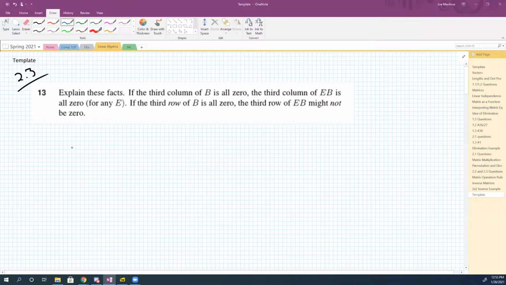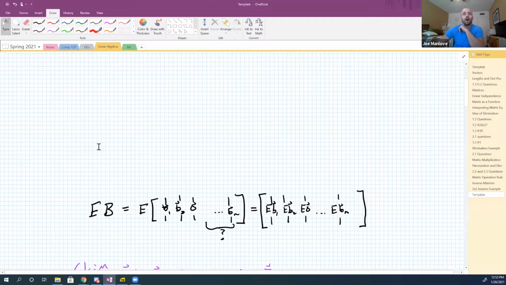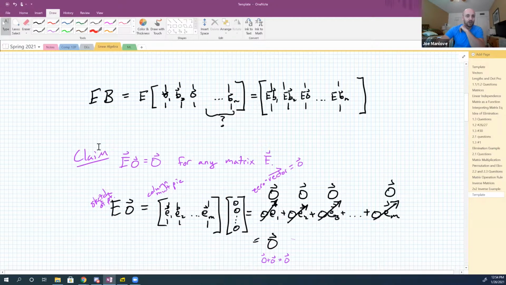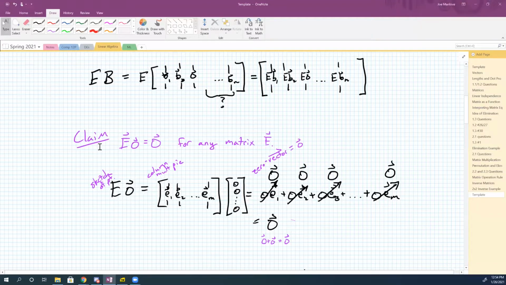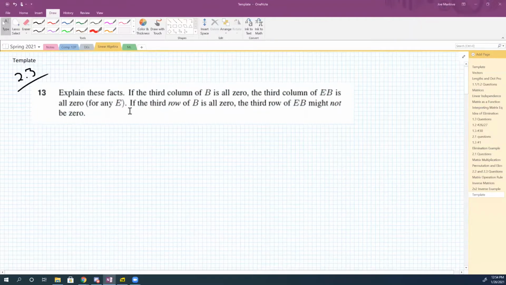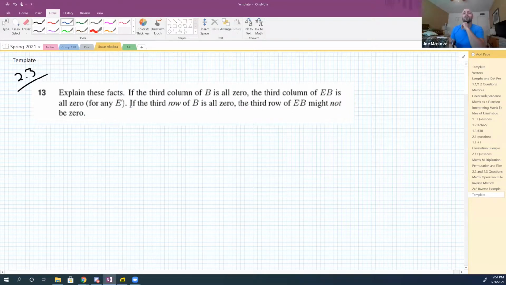Let's see. We did that first part. Okay, so your question wasn't about how to write down the first part, it was how to write down the second part? Well, yeah, because you already said the part about the first part. Okay, cool. So in order to write down the third part, we made this example, right? So I'm supposed to explain the fact: if the third row of B is all 0, then the third row of EB might not be 0. And the way I would explain that fact is